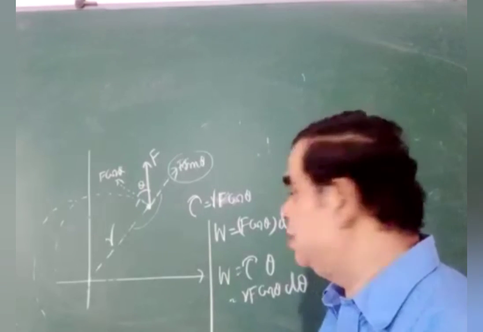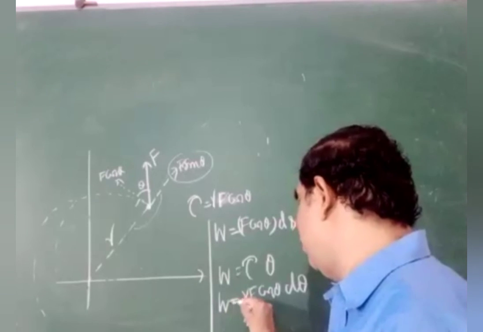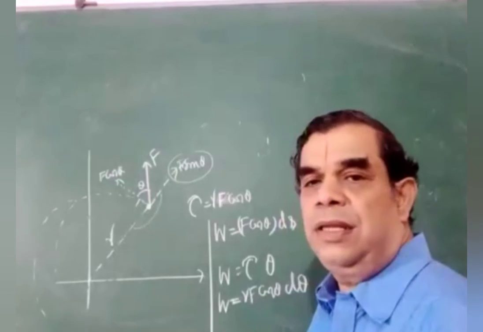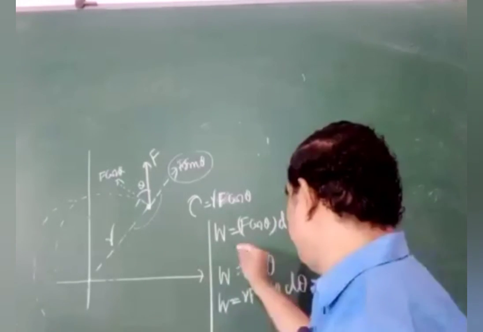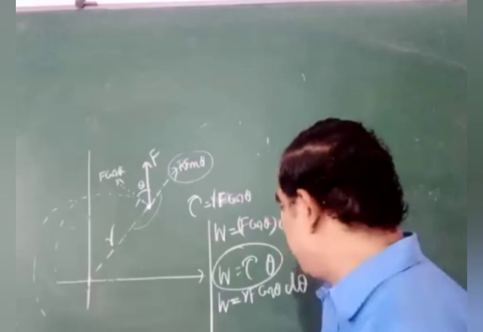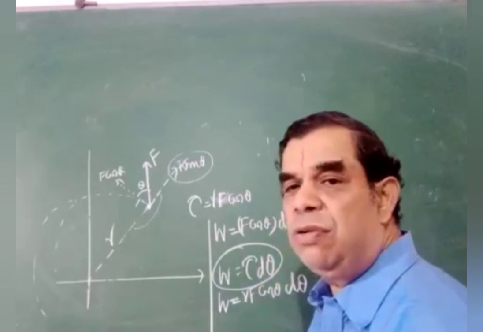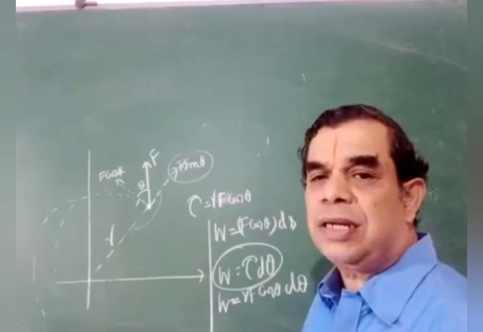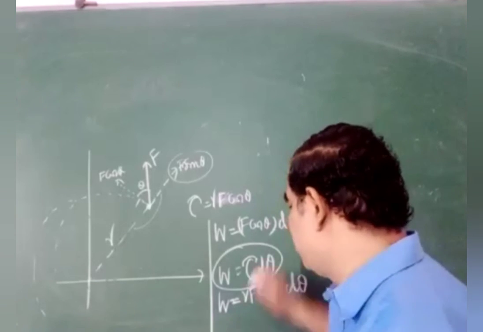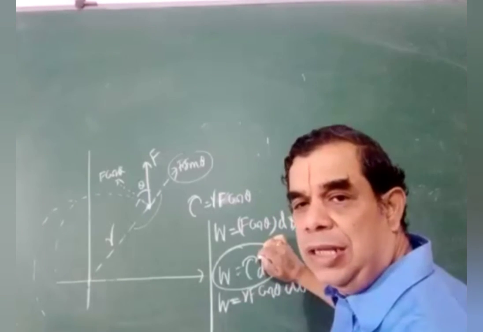Like this. So this is what we do for work done during rotational motion, or simply we always use this. For small angular rotation, tau theta, keeping tau as constant. When torque is constant, we can write